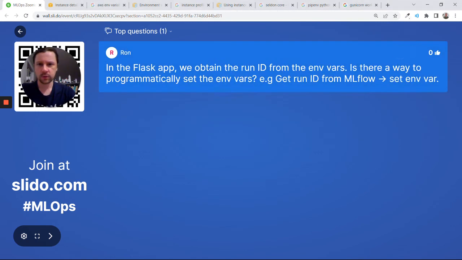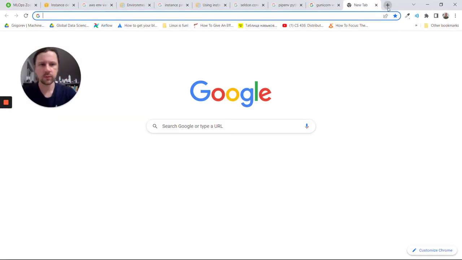Okay, question from Ron, the last one. In the Flask app we obtain the run ID from the env var. Is there a way to programmatically set the env var? For example, get run ID from MLFlow, set env run. Yes, it is possible. So in MLFlow, I don't think I have it configured, but